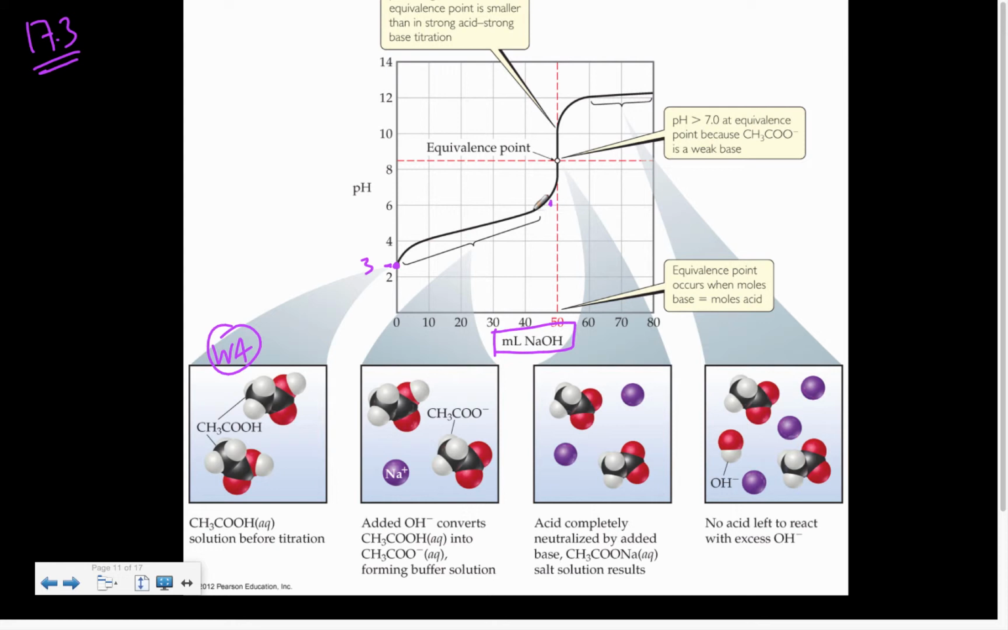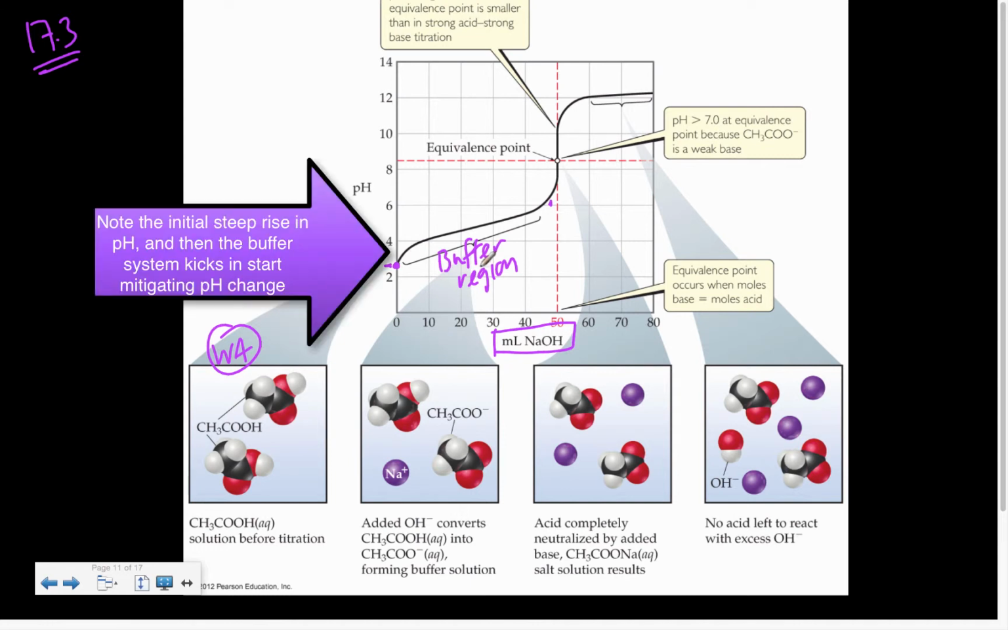Now, this part is really, really important because when we're talking about a weak acid titration, this is also referred to as the buffer region, because one of the simplest ways to make a buffer is to just partially neutralize a weak acid or a weak base. So if we think about what that means,